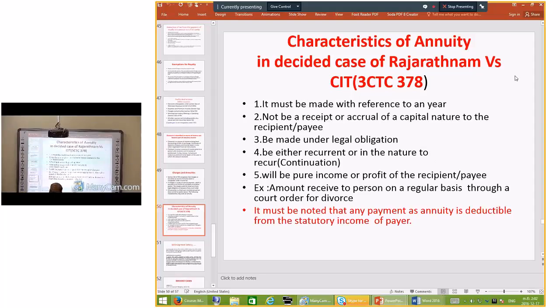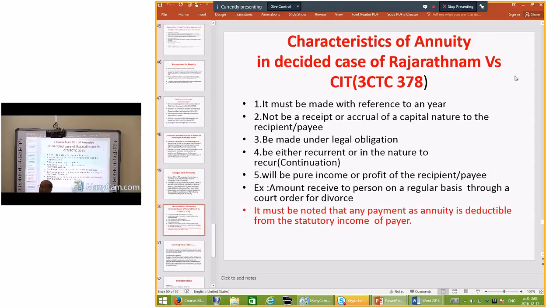When it is received, it becomes income; in the payer's hand it becomes expenditure, right? We learned how to compute the statutory income and assessable income of an individual. When we compute the assessable income of an individual, we deduct annuity paid by the individual. Though the Act does not define the word annuity, we can find some definition from decided